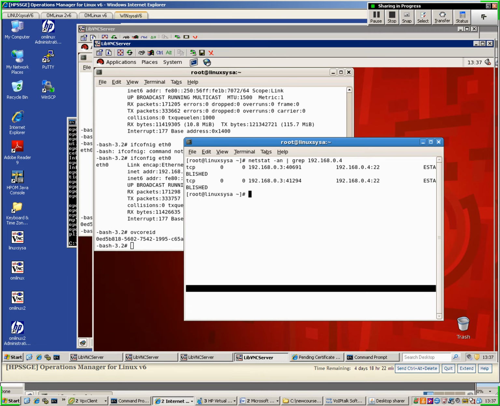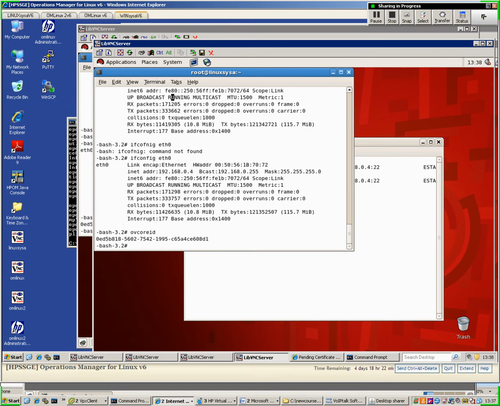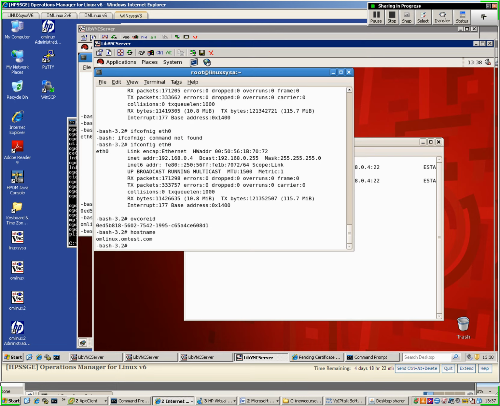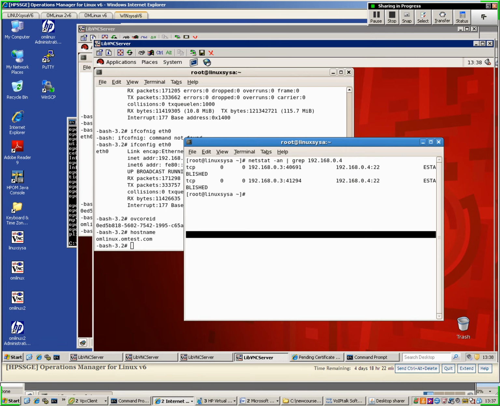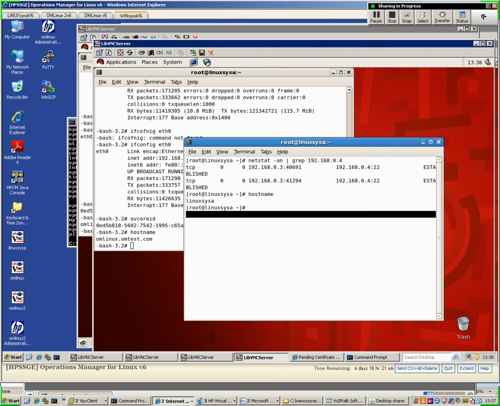Okay, so in this lab we're going to set up a proxy server to communicate between OM Linux and Linux SA. So just by way of a demonstration, I'm going to open up two terminal windows. So I've got OM Linux, and then over here I've got Linux SA. I'm going to confirm that both machines can communicate with each other by doing